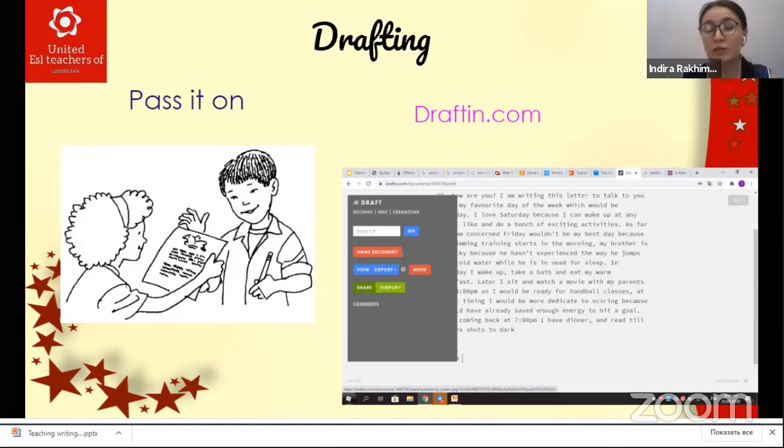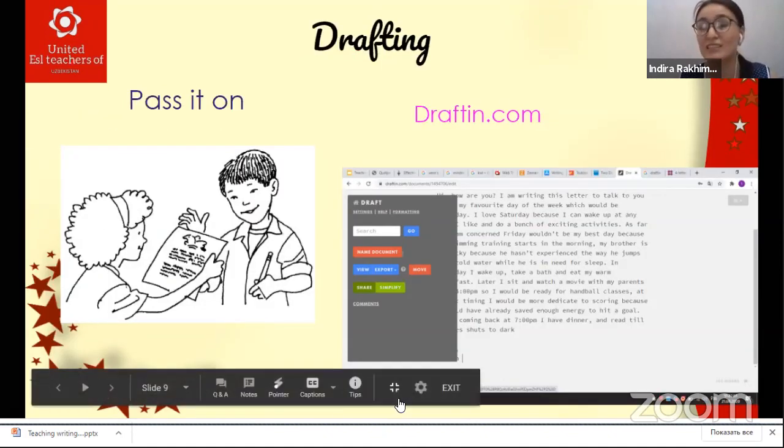Let's say the first one will be responsible for the pre-writing step. The next one for the drafting. The third one for the peer assessment, sorry. And the first learner will be responsible for demonstrating the writing.